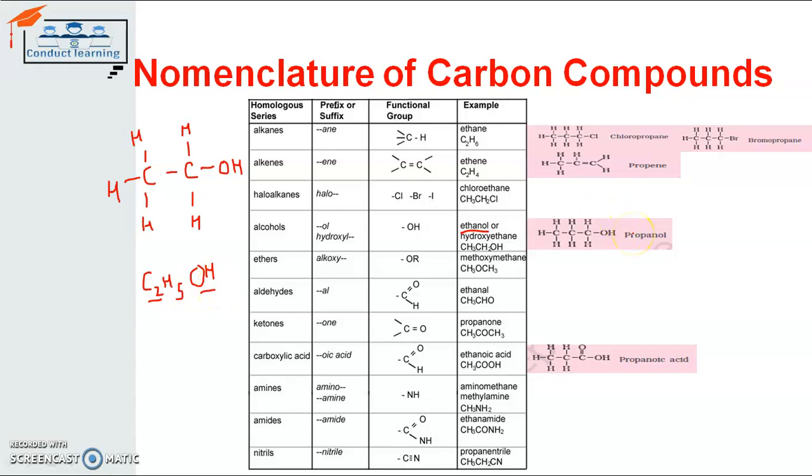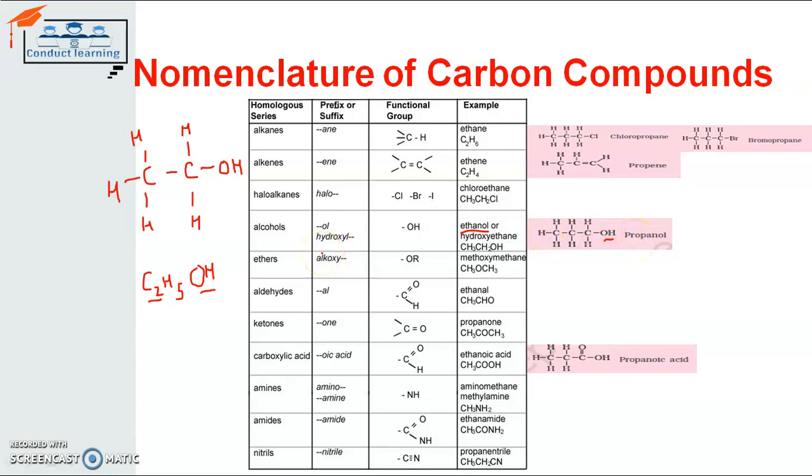Another example that is written in front of it is propanol. For propanol, as we know, in prop there are 3 carbon atoms. So we will have the 3 carbon atoms here, 1, 2 and 3, and one OL group, that is OH, that is written there. And the rest of the hydrogen atoms that we need is 7. 1, 2, 3, 4, 5, 6, 7. So they are all making a single bond with it. So it's a saturated hydrocarbon, that is propanol.